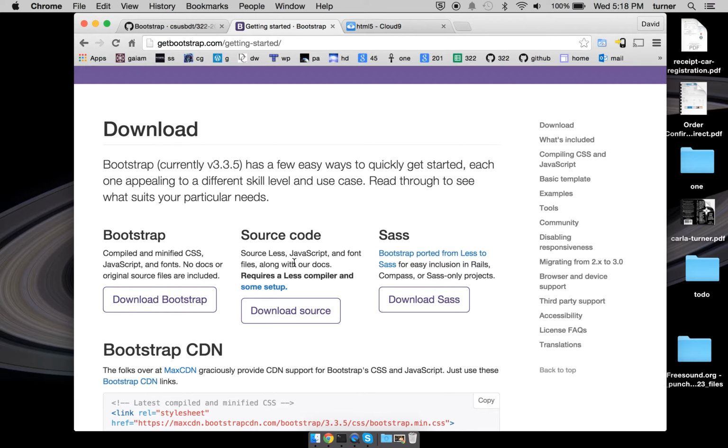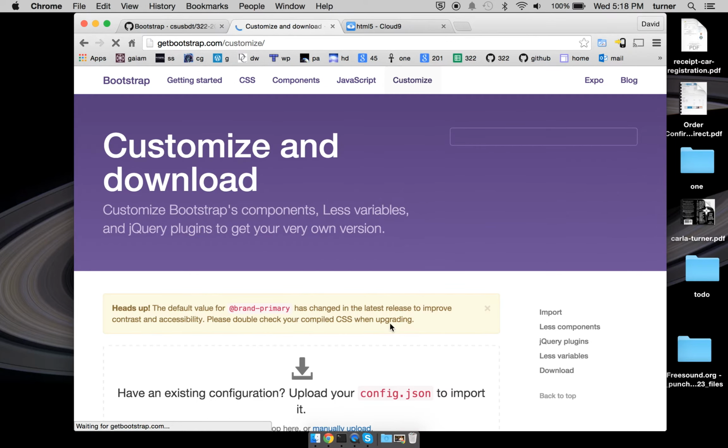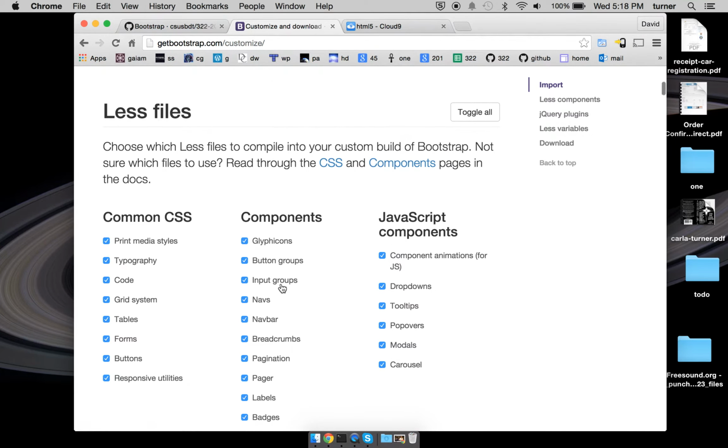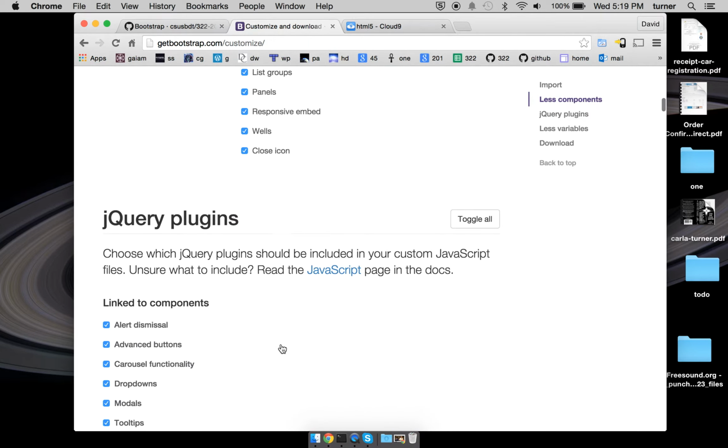You can check out the source code from GitHub. You can build a distribution, or you can download the distribution already built. You can also get a customized build here. If you go to this link, you can specify the components that you're going to need and components that you're not using, and then